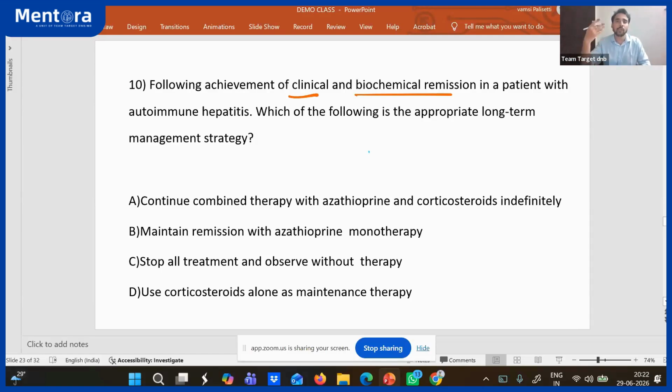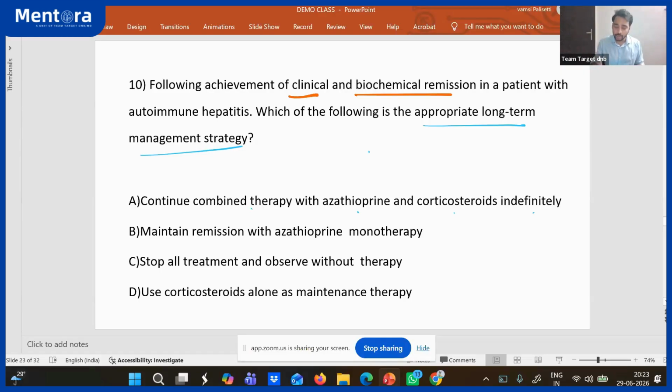Okay. If you haven't studied autoimmune hepatitis, you don't know what autoimmune hepatitis is. How to crack this question? Let us see. You already know autoimmune hepatitis is due to an autoinflammatory mechanism. Definitely you will give steroids, like in SLE, an autoimmune mechanism, or Sjogren's syndrome, an autoimmune mechanism. You are giving steroids only. Because you are doing PG practice, clinical residency for 3 years, you know an autoimmune mechanism will be given steroids only. So now what is it asking? What is the long-term management strategy? Let us see now. So: continue combined azathioprine and corticosteroid indefinitely.